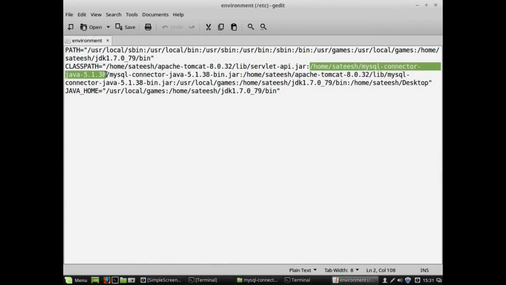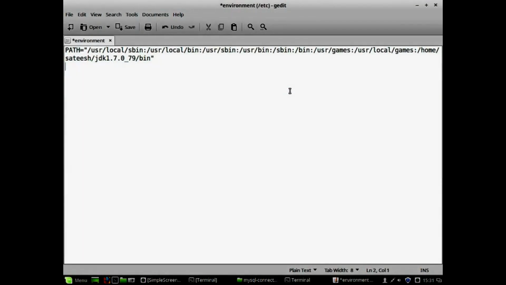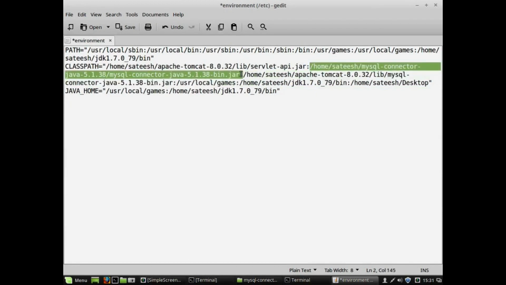Inside there is another directory, which is the directory you get after extracting the files. Up to here we have copied the path. You simply paste this path, and the remaining part is the file name. You have to include the file name also inside the class path. If you are setting the class path for the very first time, you will see it like this. There you need to type the variable name CLASSPATH equals, and then paste it. I have different class paths for different environments, so don't mind the other values. This value is what is required for this program: home Satish, connected to the MySQL connector jar file. Make sure that this is correctly set in the class path.